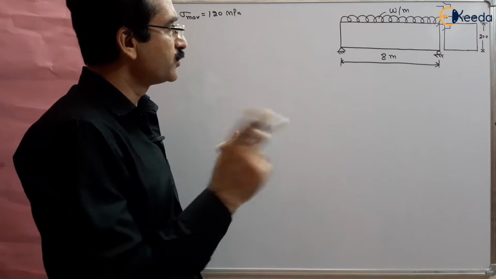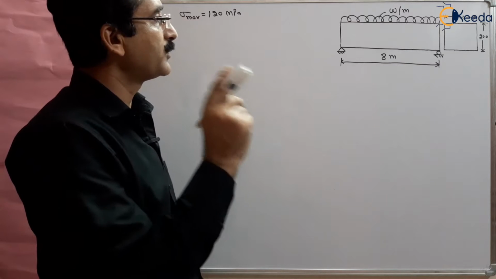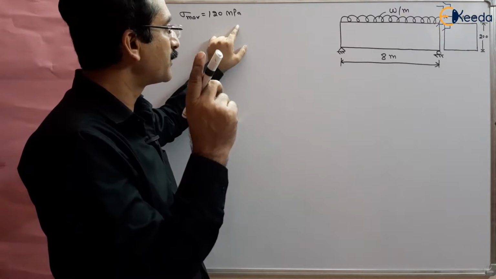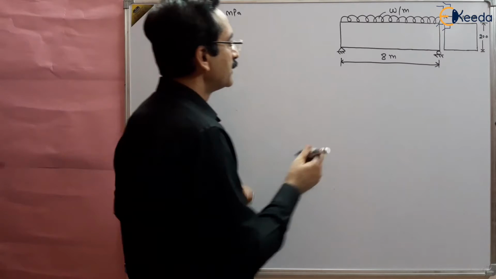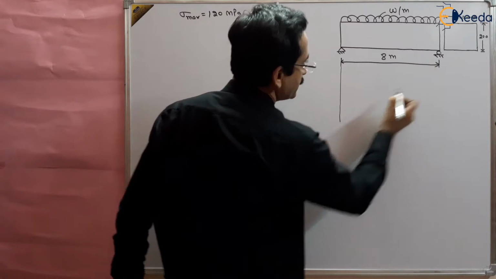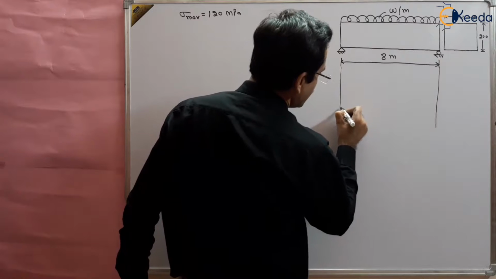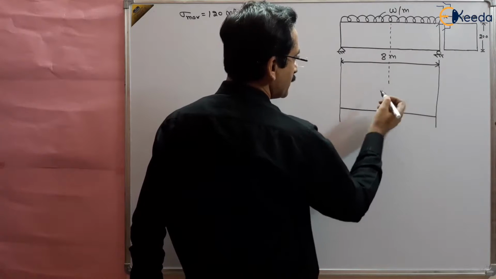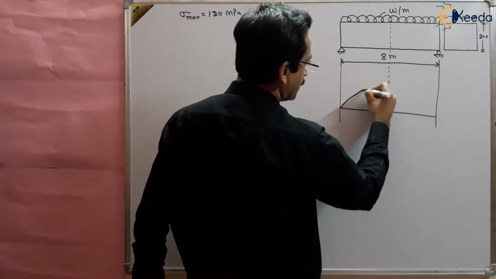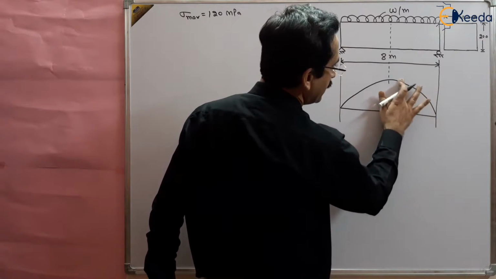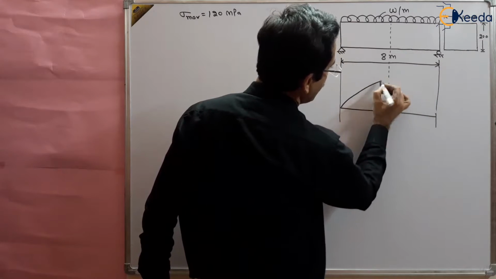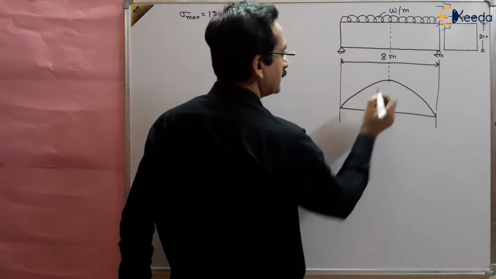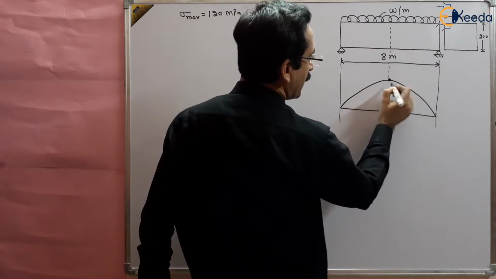In this question, we should know what the bending moment diagram is and where the bending moment is maximum, because for finding maximum stress we use the section where bending moment is maximum. So go to the shear force and bending moment diagram chapter and see what the curve is for this case. You know that the curve is parabolic and it is maximum at the center and then decreases again. So this is the maximum bending moment point, M max.